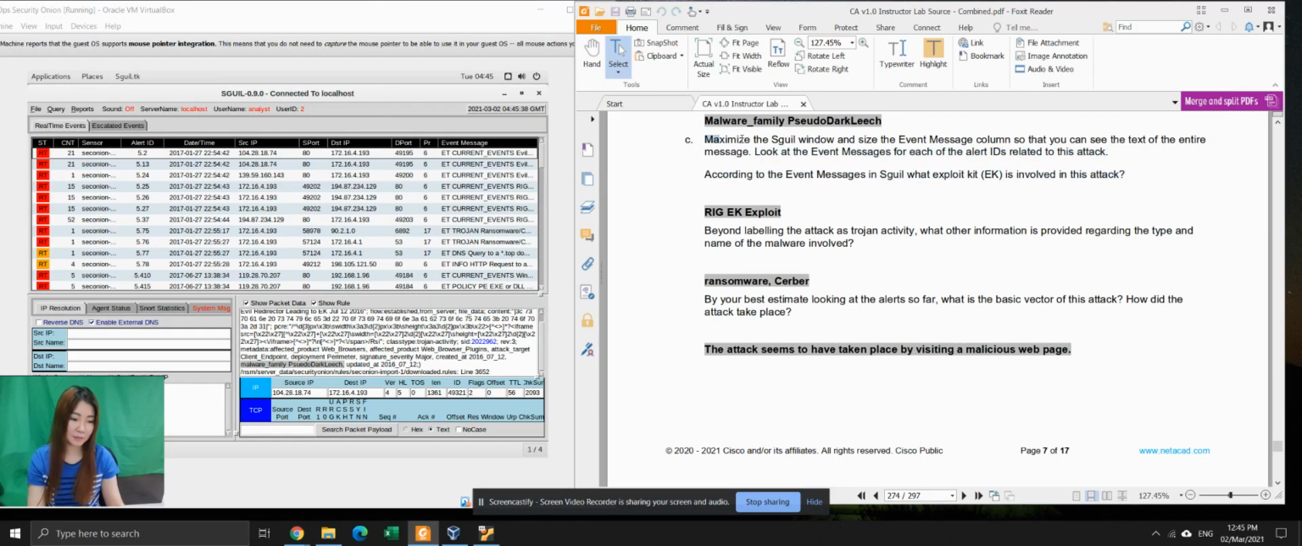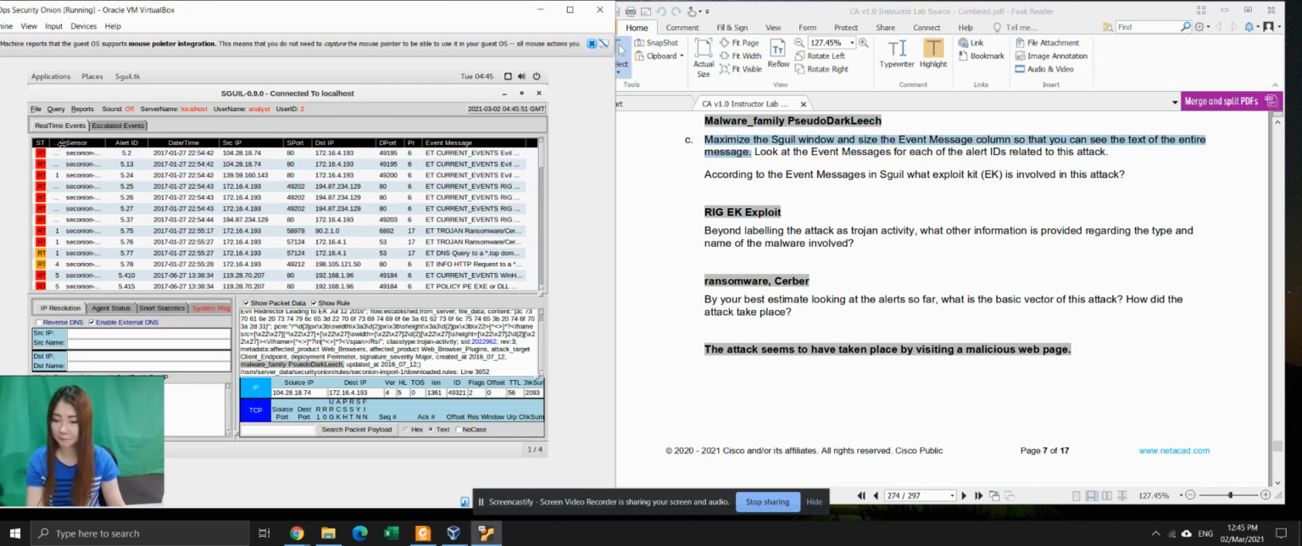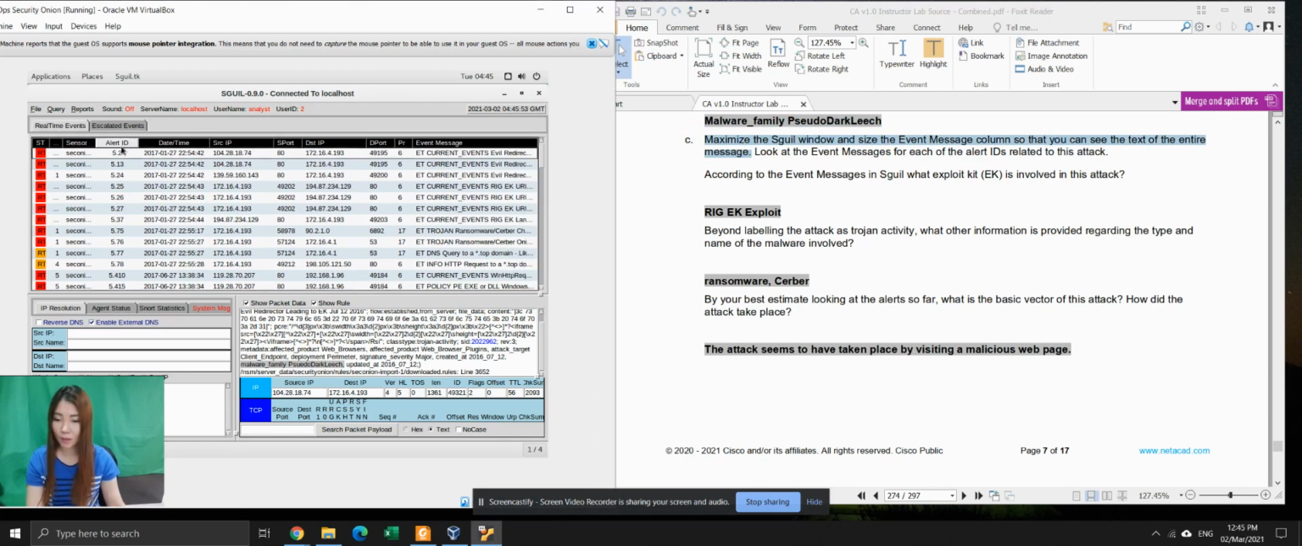Now, we're going to maximize the Seagull window and the size of the event message column so that you can see the text of the entire message. Okay, so how do you do that? You will have this column. You can just adjust it so that you can see more